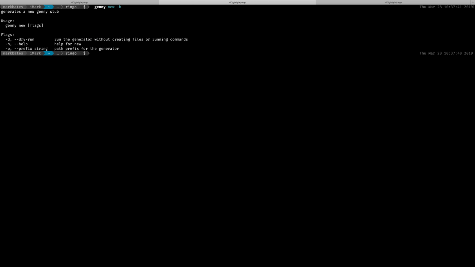Now, of course, a generator tool wouldn't be very useful if it didn't come with a generator to generate itself. So Genny does. Genny ships with a small binary named genny, and it has a genny new command. And when we run the help on genny new, you can see it's got a couple different things. It's got a dry run, help, and a prefix. So let's run it